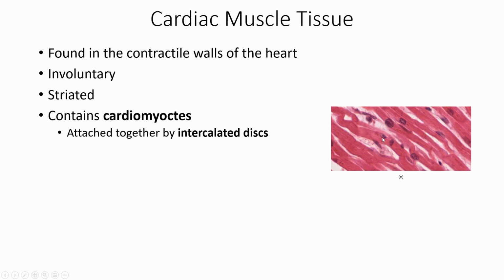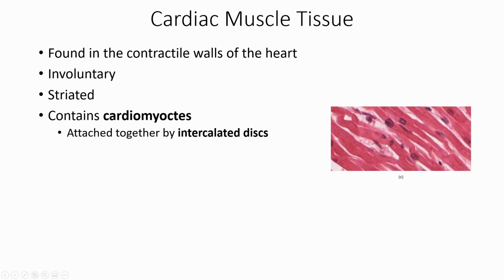But one big thing is that we only have one nucleus, right? There's only one nucleus there, so that's a big difference. And if you notice, we're not long and lean anymore. We're actually branching a little bit, so we'll have some branches here and there. And then we're connected. If you look, these cardiomyocytes, which are the cardiac muscle cells, are connected by what we